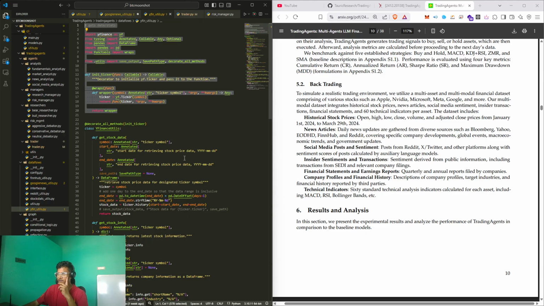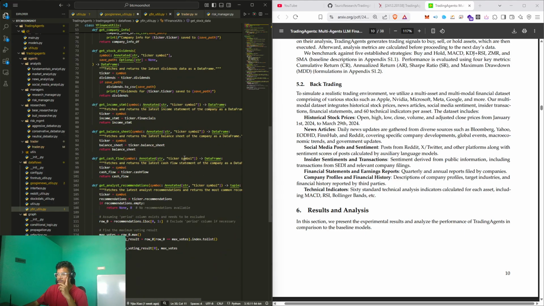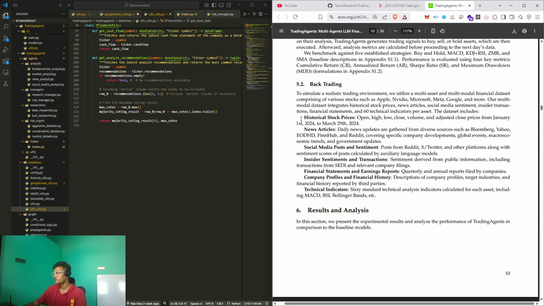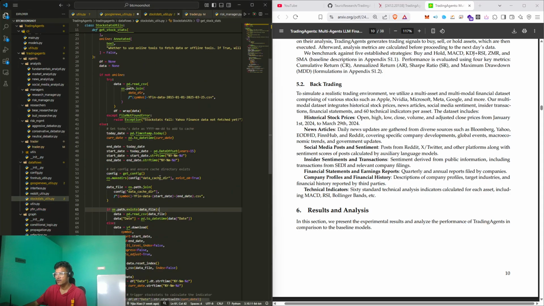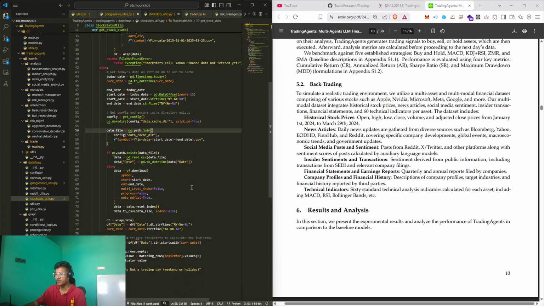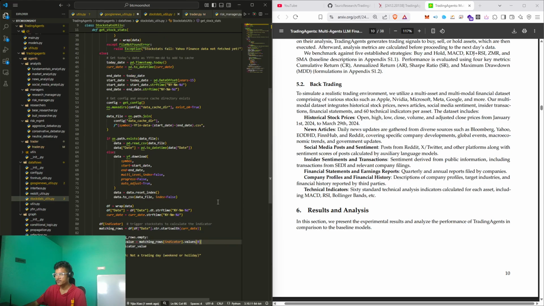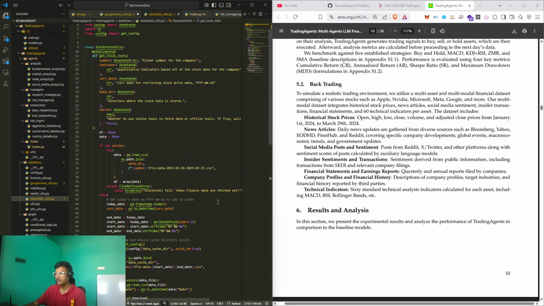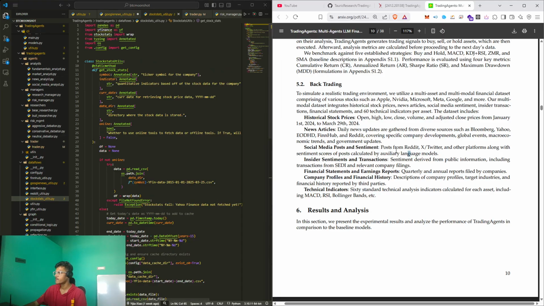Python utils. All right. So historical stock prices. We are getting the data here. Historical stock prices: open, high, low, close, volume, and adjusted close prices from January 1st, 2024 to March 29th, 2024. Okay. News articles: daily news updates are gathered from diverse sources such as Bloomberg, Yahoo,